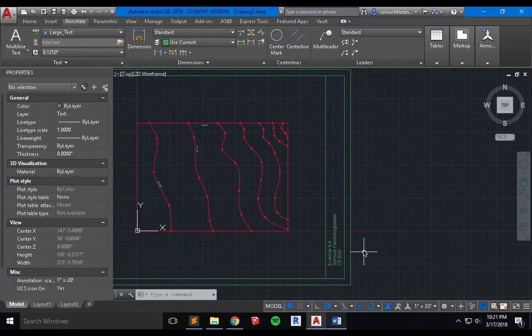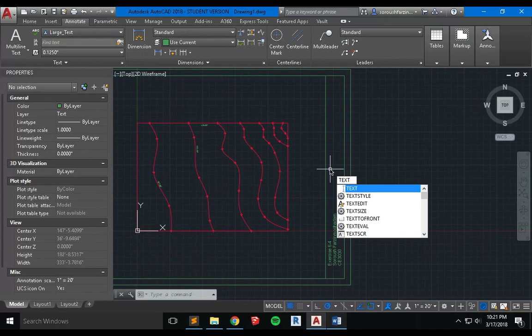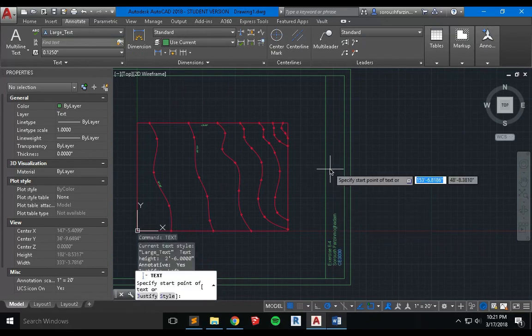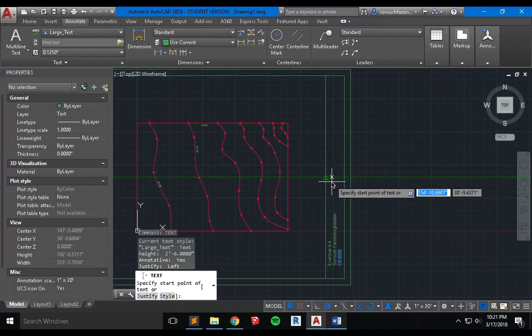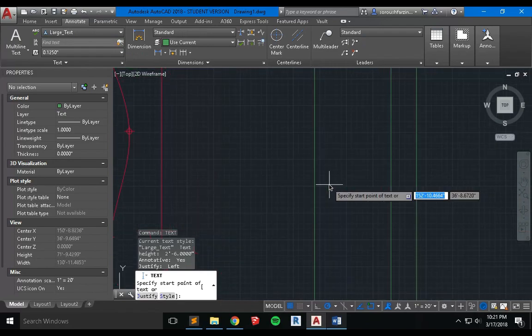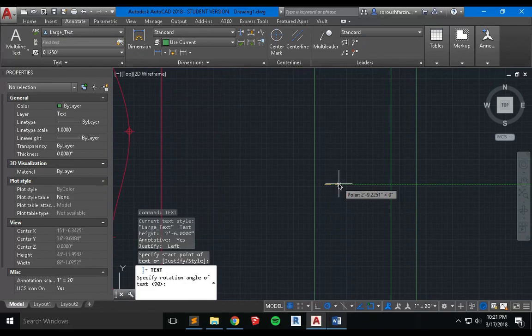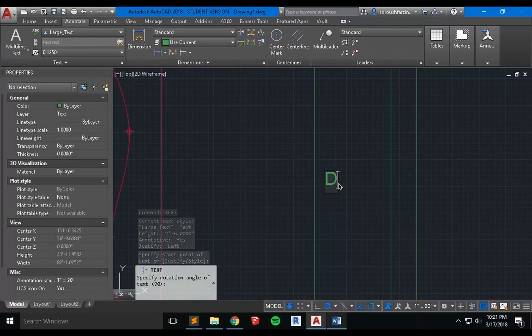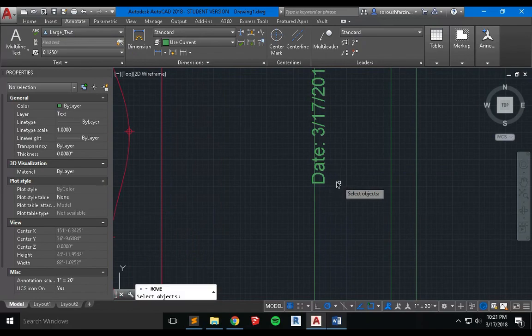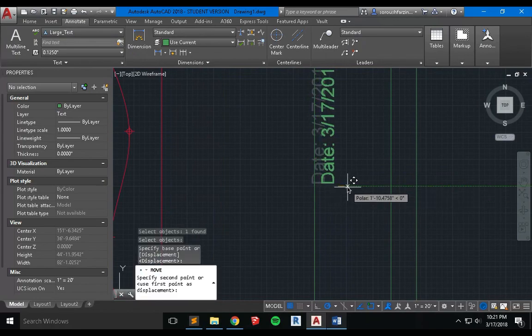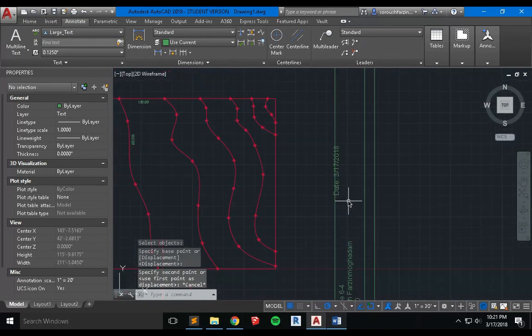Oh, I forgot to add another information I want to add, so I'm going to add the text, and I'm going to put the second text somewhere here, so in here, and same thing, 90-degree, and I'm going to add the date, so it's going to be date 17, 2018. Double enter to accept the text, and then after I have it, it's a little bit off the